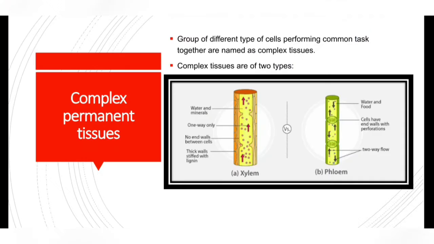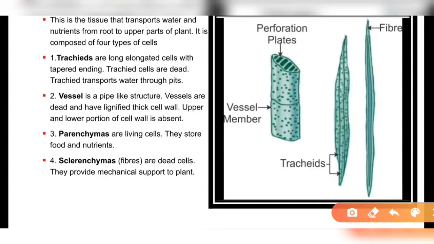Xylem tracheids are elongated cells with tapering ends. The ends are tapered and they have some pits around them, which means they have some holes around them. They are elongated and pointed. End walls are imperforate here. They are dead, empty cells, and they also have various thickenings which provide mechanical strength.